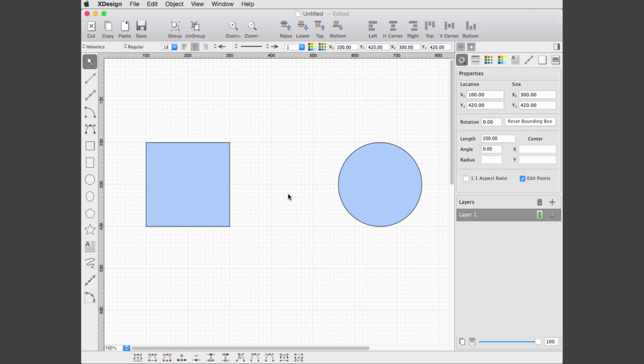XDesign includes dimensioning tools for drawing linear and angular dimensions in technical drawings. A length dimension tool is available for creating linear dimensions, and an angle dimension tool is available for creating angular dimensions.